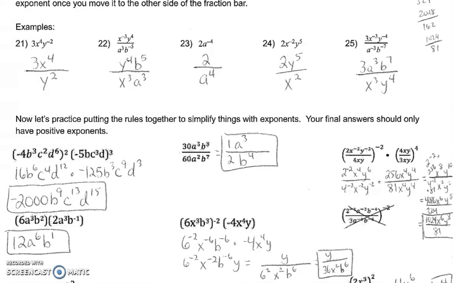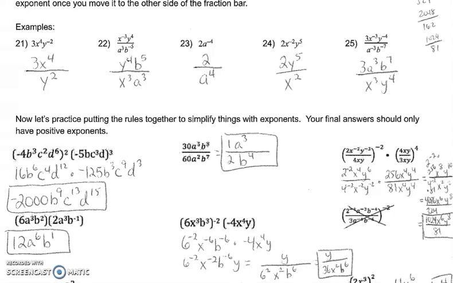Then you have a b to the negative 6th. There's no other ones. And you have a y. So it looks like in the answer key, that negative 4 got dropped out of the picture. That's not good. So in that next step, the x goes to the bottom of the fraction, the 6 goes to the bottom of the fraction, the b goes to the bottom of the fraction. This is a mistake on there, so make sure you fix this. There should still be a negative 4y on the top, and then on the bottom you should have that 36 x to the 2nd,